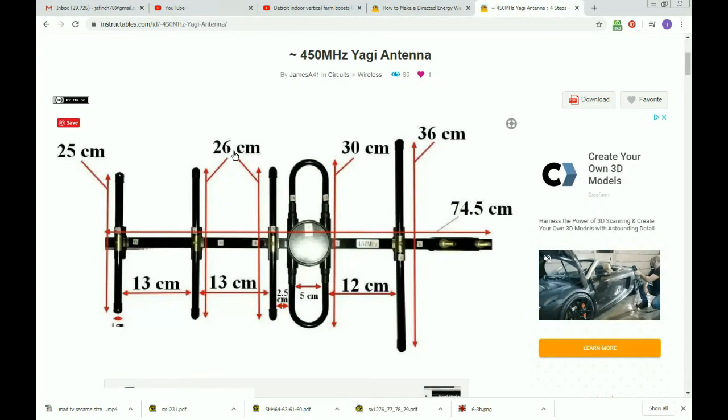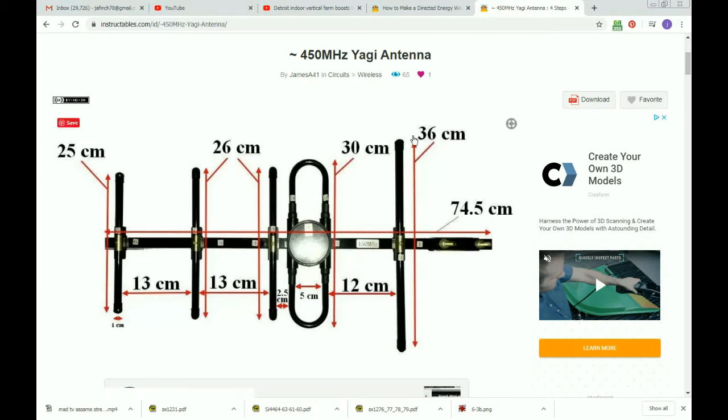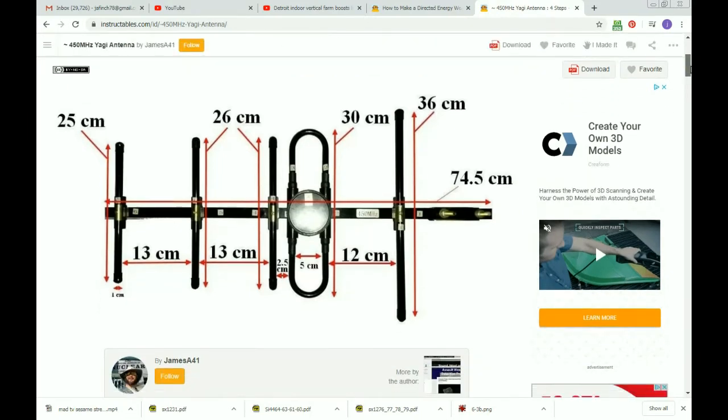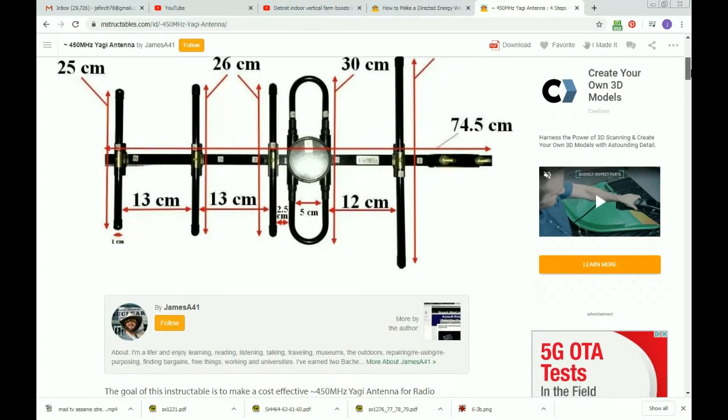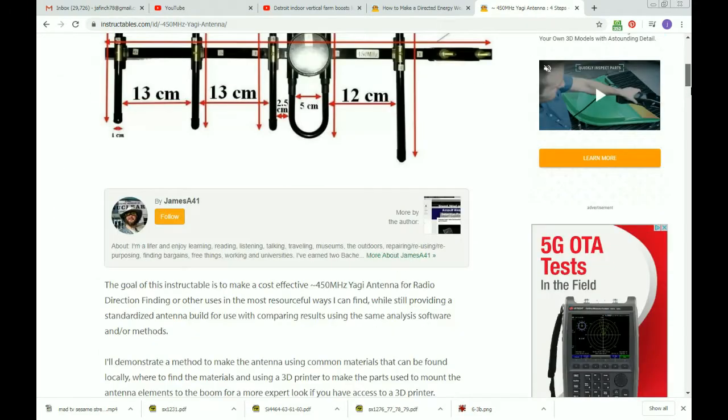So I saw that Clint had recommended he use this antenna here, and it was about $50, $60 on AliExpress. So I took some screenshots and used two methods to come up with dimensions, and then I asked him if he could take the time, and he kindly took the time to measure out what he actually had. So I decided to use those measurements, and they correlated pretty close to what the one method I used using software and measuring. So basically, you just go to Instructables and search for the 450 megahertz Yagi antenna, and it's probably